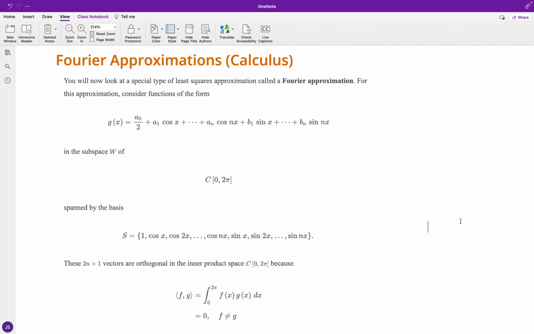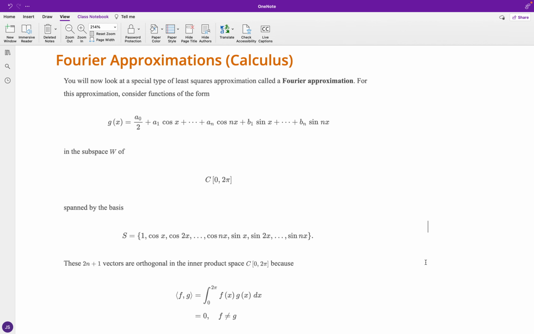S is equal to {1, cos(x), cos(2x), all the way out to cos(nx) and sin(nx)}. And the variable n is going to be the order of the approximation. And it says here that these 2n + 1 vectors are orthogonal in the inner product space